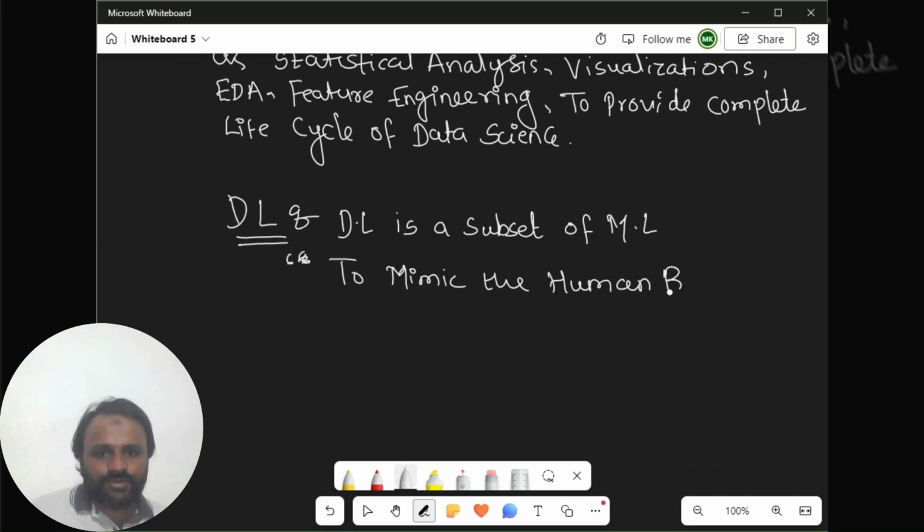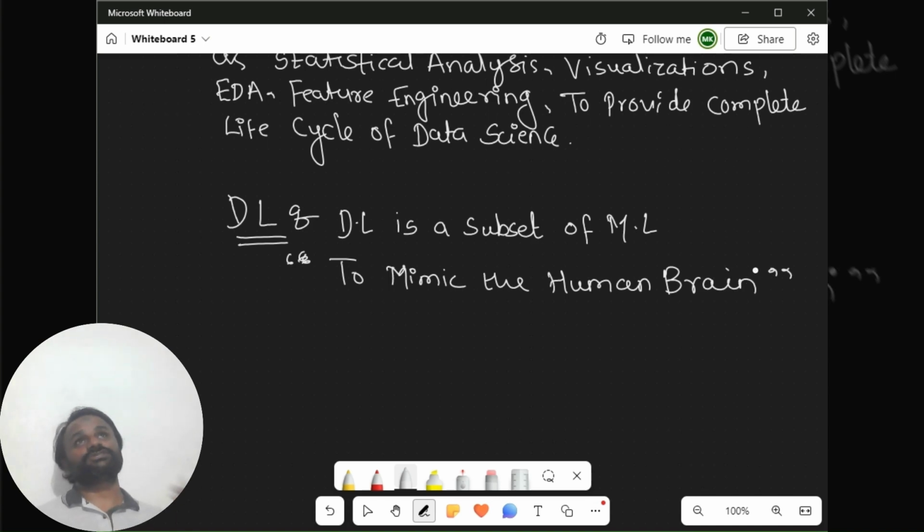So when we're talking about the human brain, it's not like it only understands text, or only audio, or only images. It can understand anything. As human beings, we can deal with structured as well as unstructured data. Similarly, we should make our model in a way so that my model